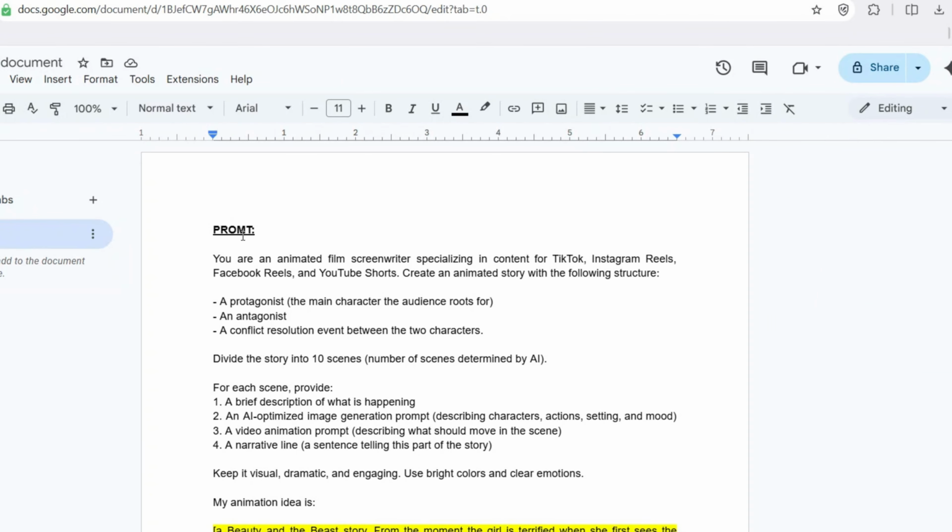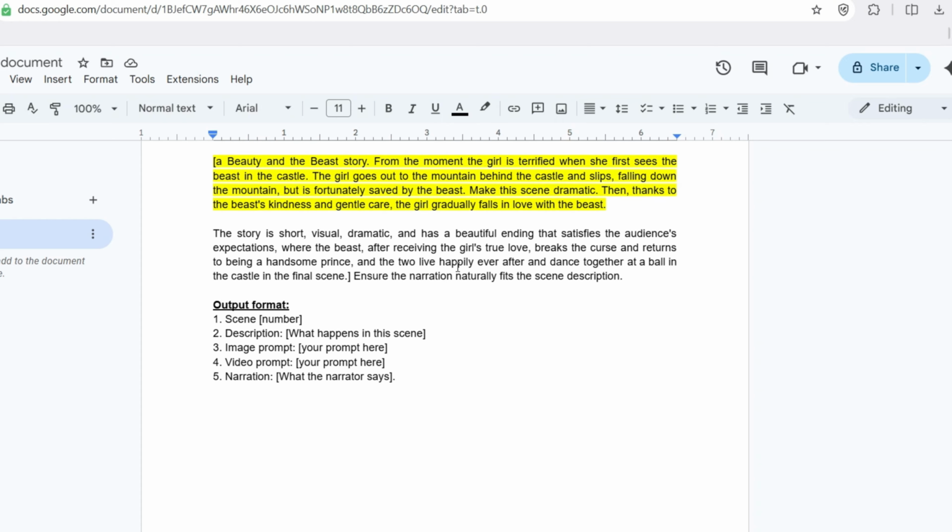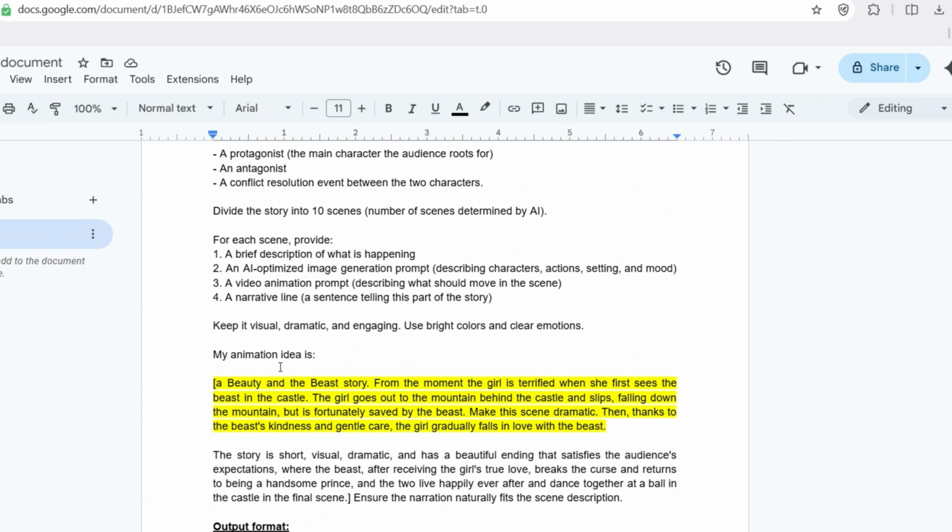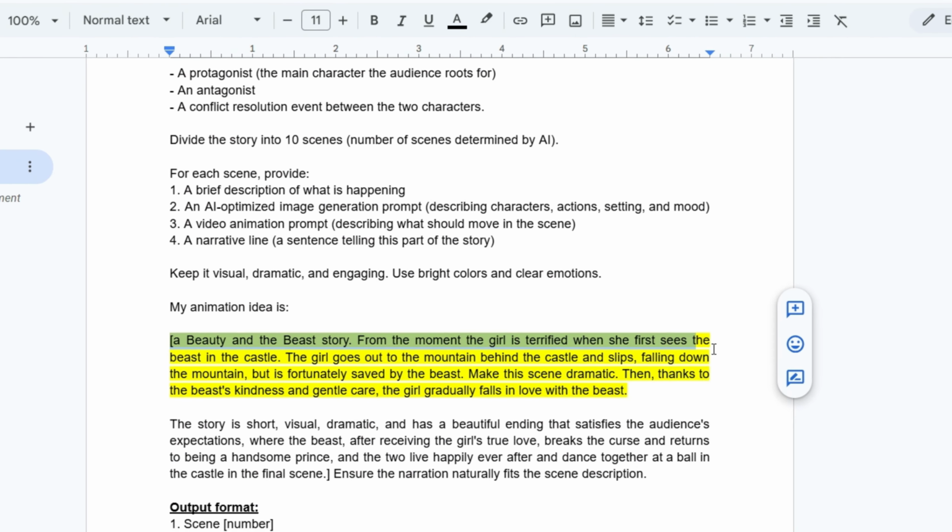The best way to make that story work smoothly with AI is to structure it into clear scenes. Scene-based writing gives you a visual blueprint for generation later, because each moment becomes a separate image and video clip. To simplify this, I use a ChatGPT template that organizes everything automatically: main character, setting, emotional turning point, climax, and